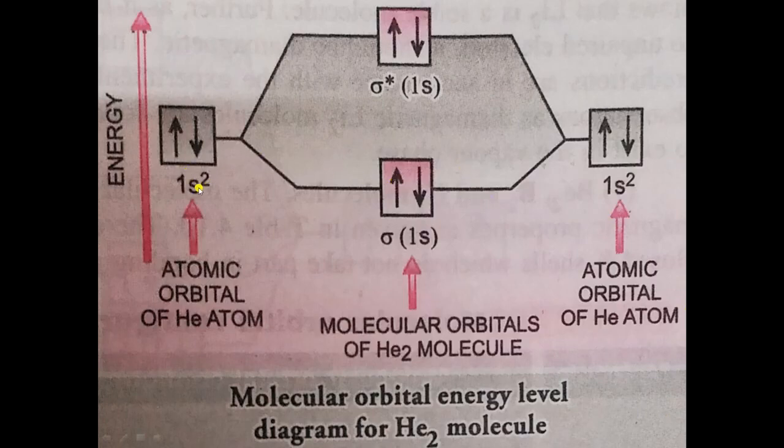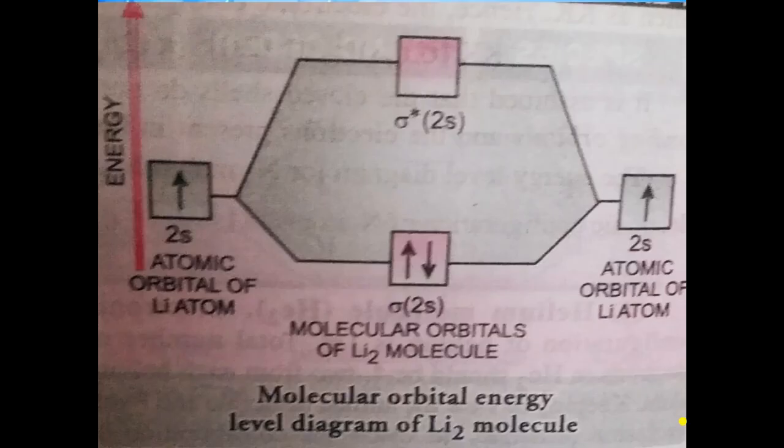So this is how you will fill electrons in 1s orbital. For lithium, 1s2 and 1s2, total 4 electrons. So 4 electrons are filled in this way. So this diagram is for 1s. Above 1s, here you will draw energy level diagram for 2s. Now I am showing you the diagram for 2s. So this diagram is for 2s orbital.